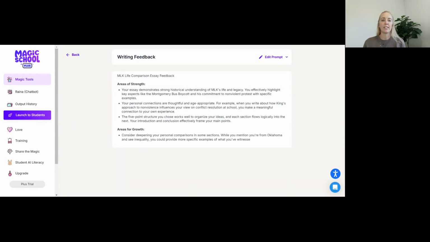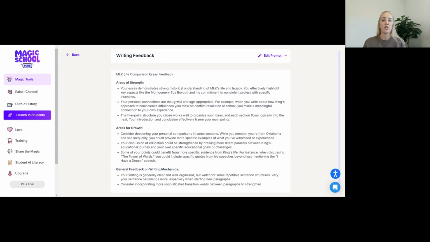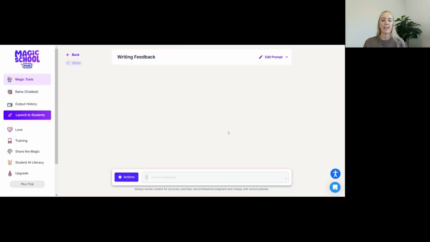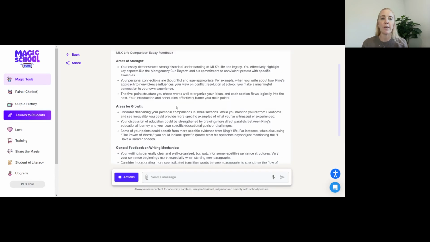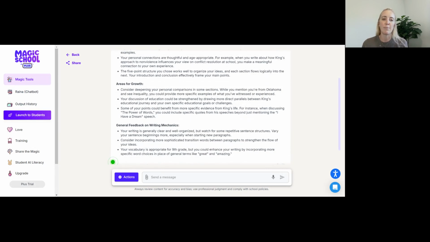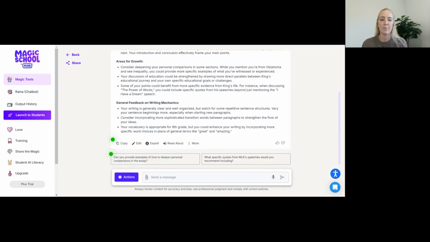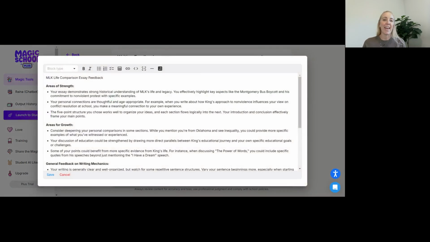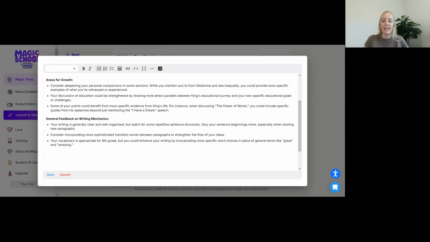it's bringing areas of strength, areas of growth, general feedback on writing mechanics, and look at how beautiful that is. So now I can come in here and read through it. Your essay demonstrates, blah, blah, blah. I'm not going to read to you the exact feedback it's giving because this is all made up. I can click edit, and then I have access to come right in here and I can type directly on